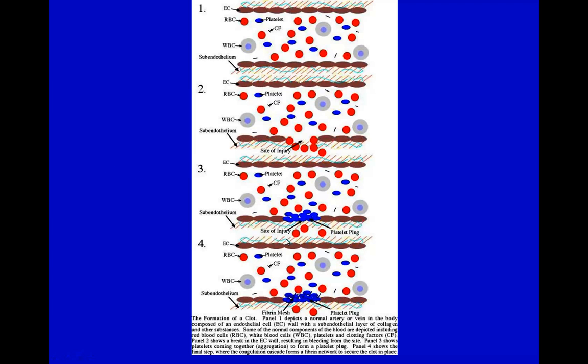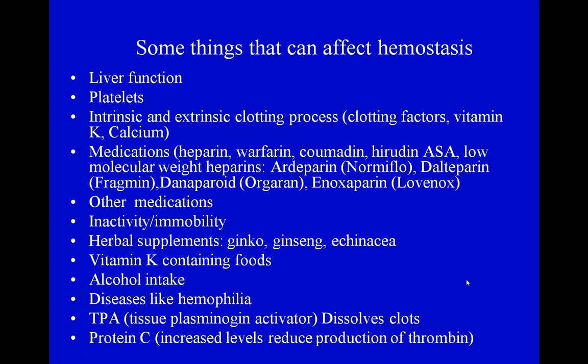If we have it come from the inside, it would be the intrinsic pathway, but both of those are going to result in platelets accumulating, fibrinogen being acted on to break down to fibrin and to form that more stable clot. So some things that could affect your ability to stop bleeding. In other words, these are things that could make your blood